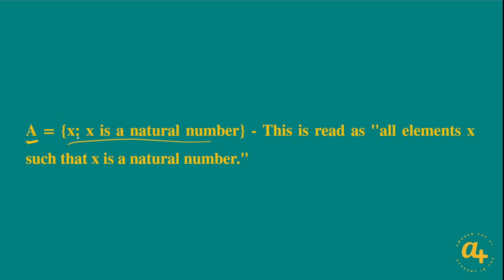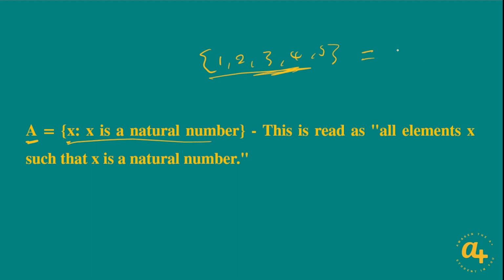What we see here is that we have the letter X here. This X represents all the elements that belong to the set of natural numbers, right? The letter X represents all the elements that belong to the set of natural numbers. So rather than listing them down by saying 1, 2, 3, 4, 5, and so on, this is tedious work. It's a process, right? So we can simplify this process by denoting all these elements in the set of natural